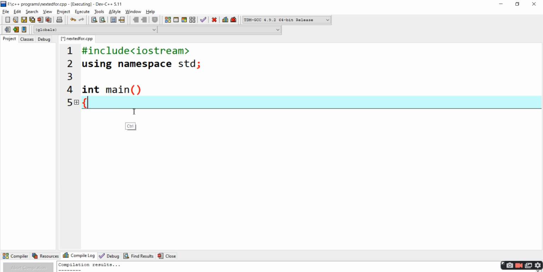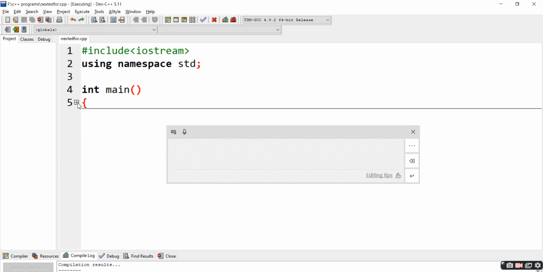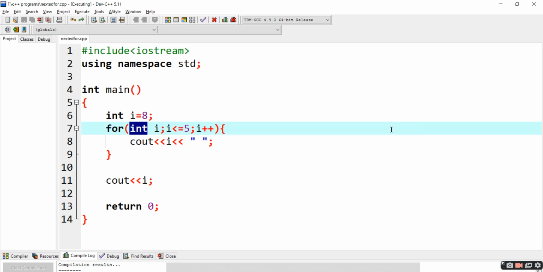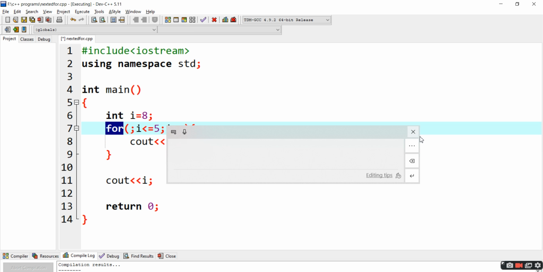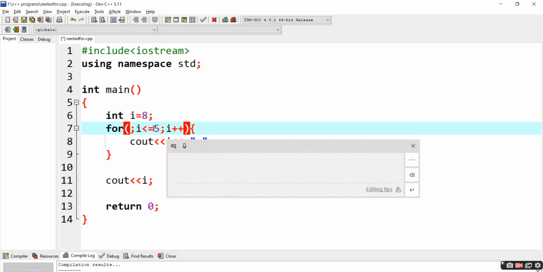Okay, so for this case, what is going to happen? First of all, let's skip this part. The for loop will come here, and because there is no initialization and declaration part, it can just skip it.